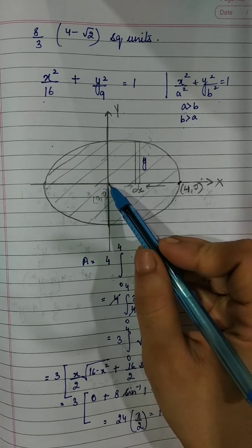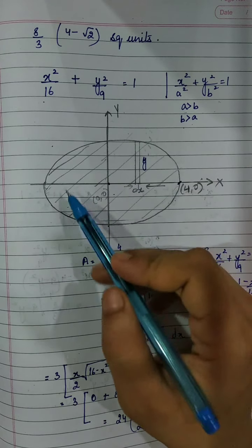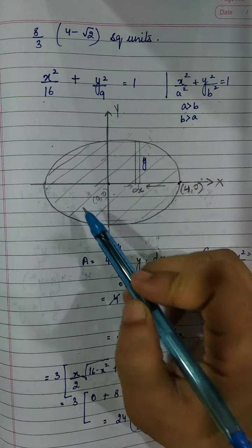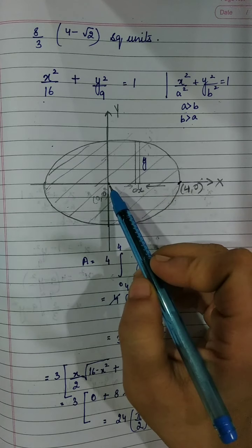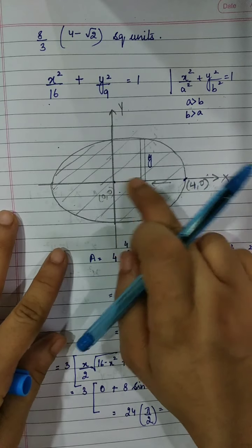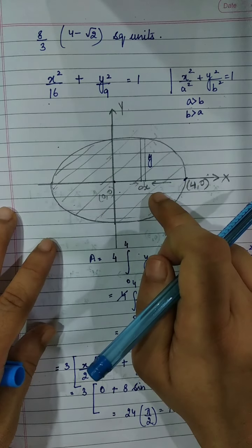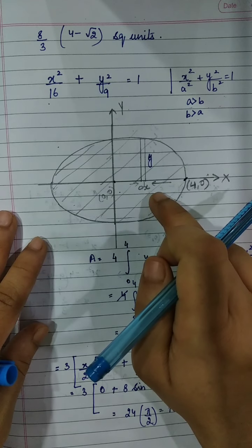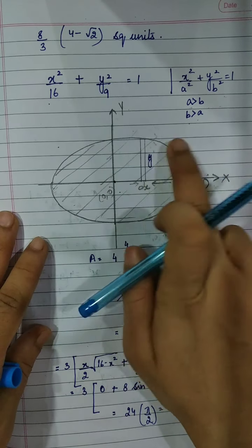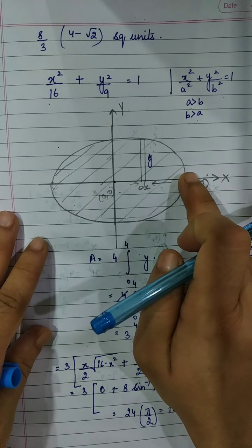Now, since the center of this ellipse lies at the origin, remember this particular ellipse is a symmetrical figure, right? So I can either find the area of this particular quadrant separately, this or this, and add it up, right? And what will I notice? That the area of the ellipse in every quadrant would be the same.